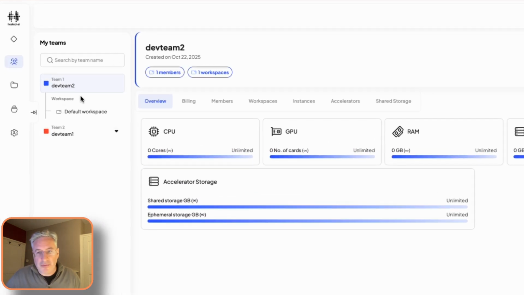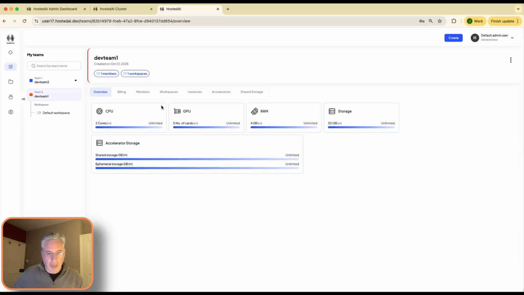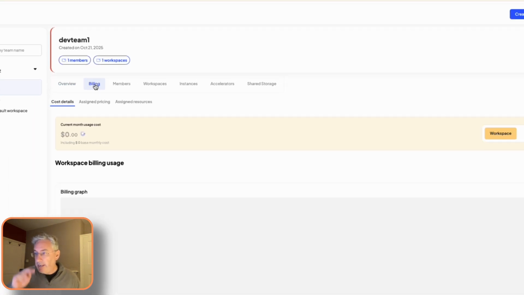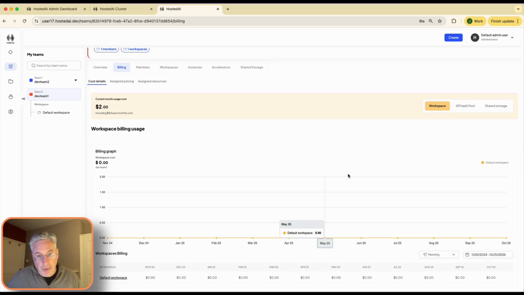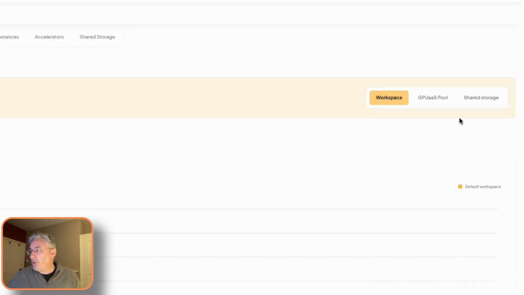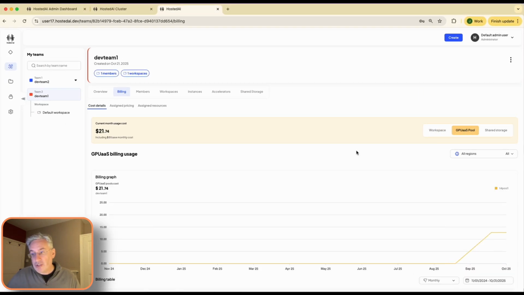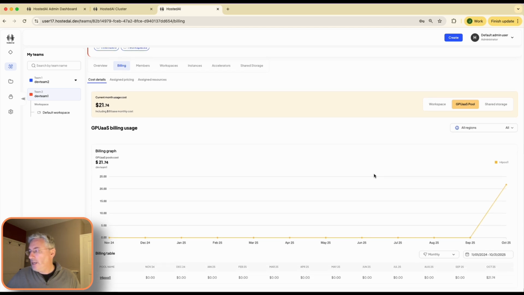You can see we've got a couple of teams added here already, and I'll just walk you through the information that's available to the teams. So first off, the billing here, which is going to illustrate what that team is actually being billed for. And that's broken down into workspace costs. That's for virtual machine instances, GPU as a service instances, and you can see that we're tracking all sorts of